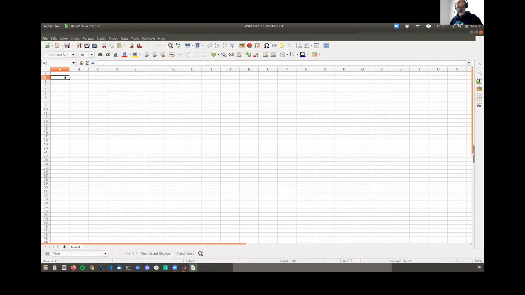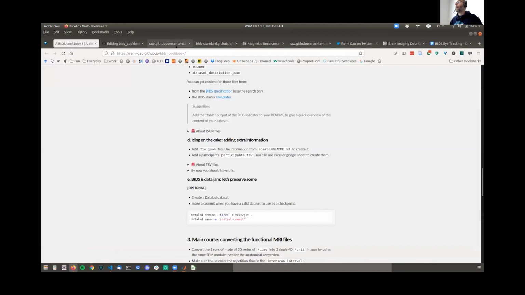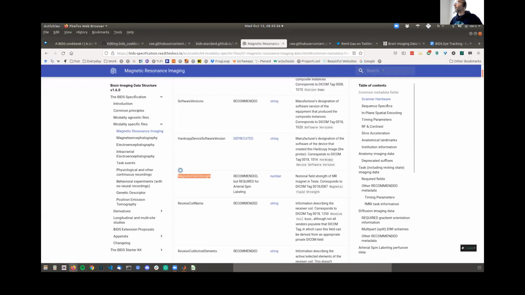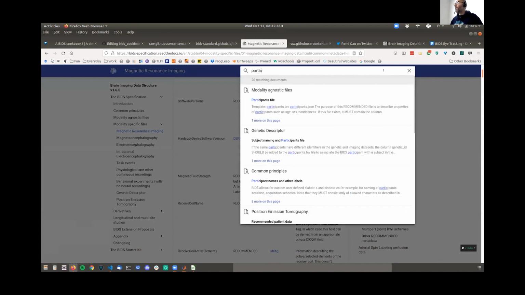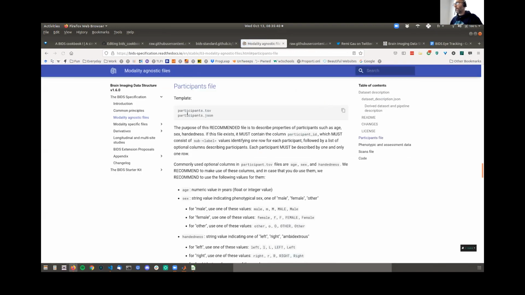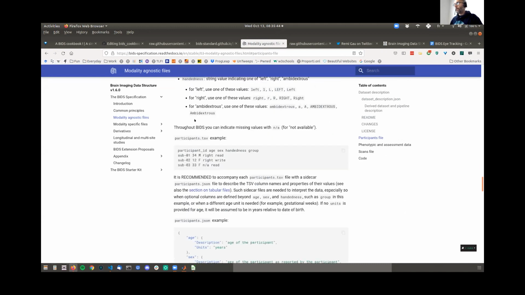In case you're confused about how they're formatted, once again, you can just go to participants files. So it's participants.tsv, and there's an example at the bottom.